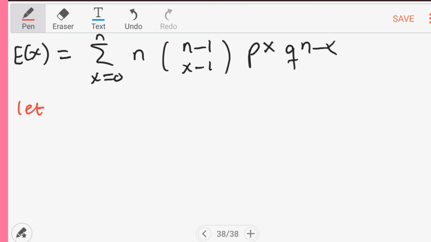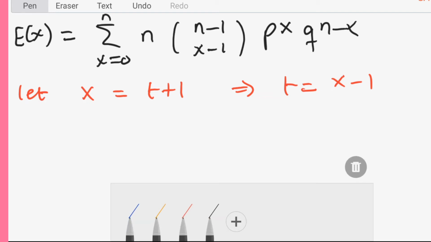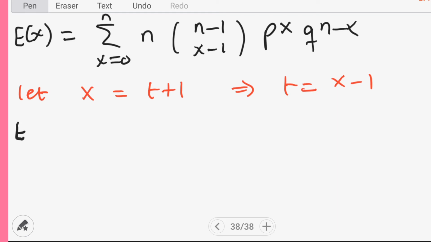So now let x be equal to t plus 1, which implies that t will now be equal to x minus 1. So it means that we are going to substitute t plus 1 wherever we see x. So now this means that we'll no longer be summing on x, but we'll rather be summing on t. So we'll have the expected value of x